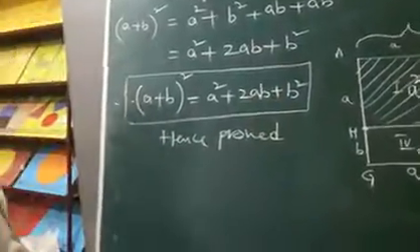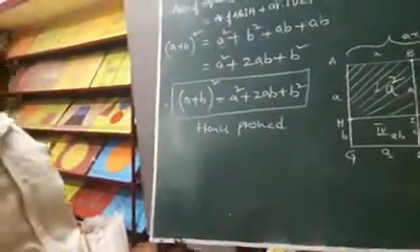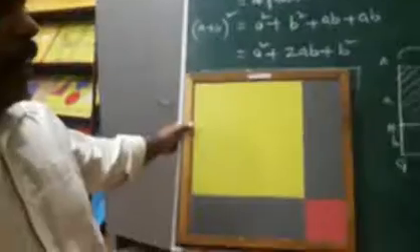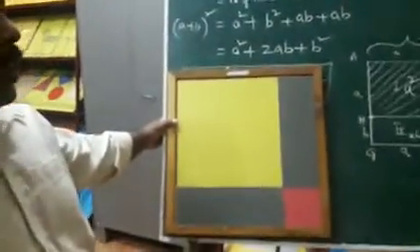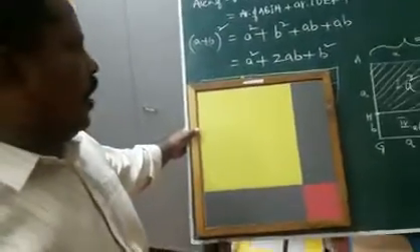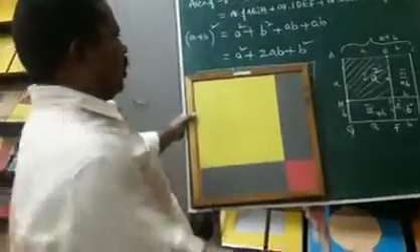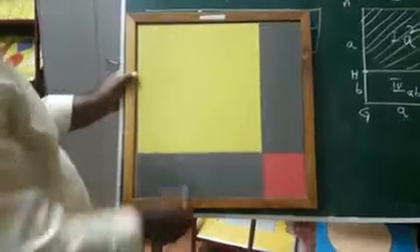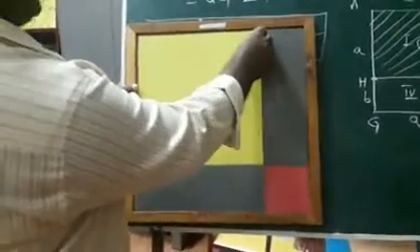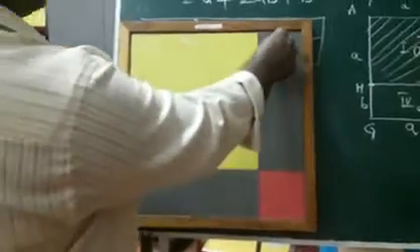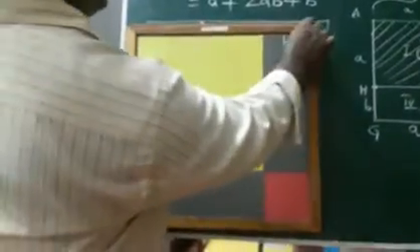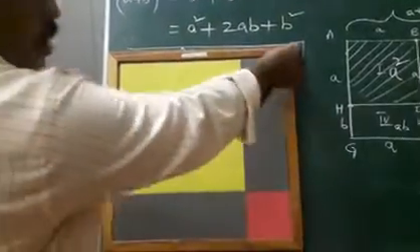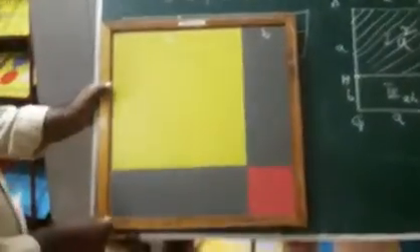From this formula we can find out so many problems. Okay children. This A plus B whole square is equal to A square plus 2AB plus B square can be explained with the teaching aid also. See here, it is a square. This is the green piece, and this one is the ash color piece, and this is also ash color piece, and this one is light pink color. Now see children, the distance of this green piece, let it be A, and this one is B. Finally this total length is A plus B. Okay, now this is also A plus B, this is also A plus B, this is also A plus B.